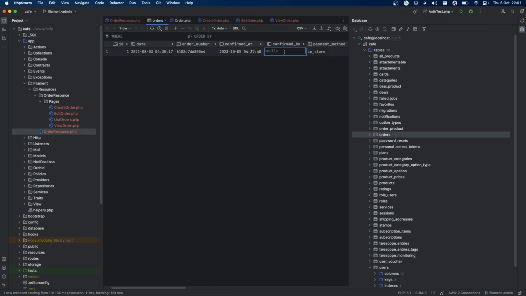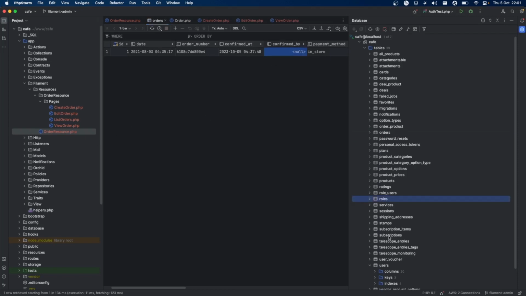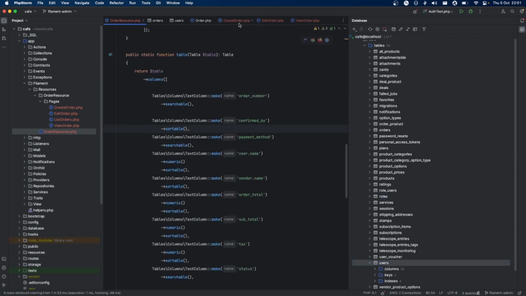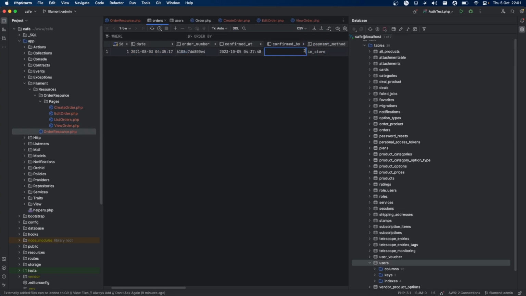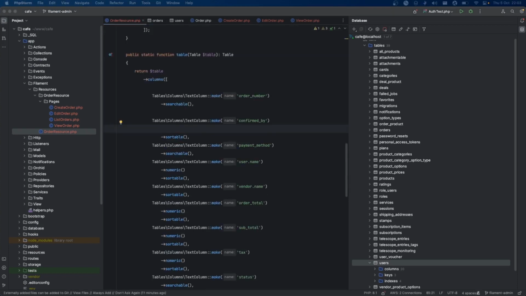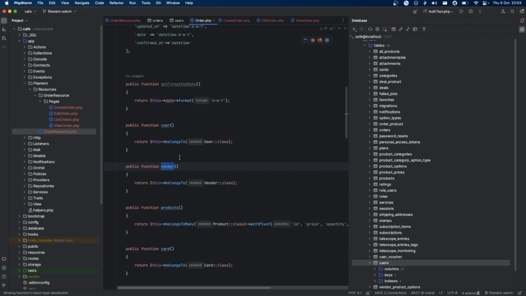Confirmed at, I think confirmed by, it is the user who confirms the order. For now I will just add something like, let's see, user with ID 3 confirmed it. So right now we can see 3, but let's display name here. As you can see, we have no relationship set up for that, so we need to set up that relationship before